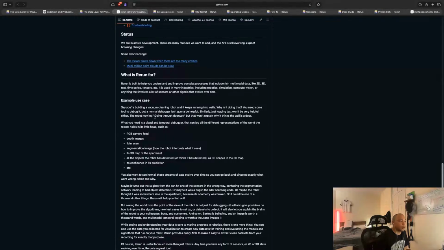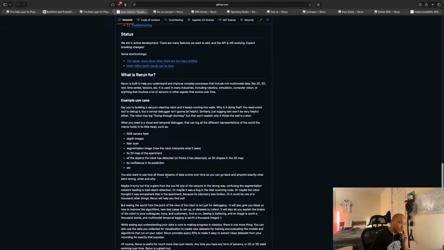The robot may log going through a doorway, but that won't explain why it thinks the wall is a door. What you need is a visual and temporal debugger that can log all the different representations of the world the robot holds in its little head, such as the RGB camera feed, depth images, LiDAR scan, segmentation image, how the robot interprets what it sees, its 3D map of the apartment, all the objects the robot has detected or thinks it has detected as 3D shapes in the 3D map, its confidence in its predictions, etc.